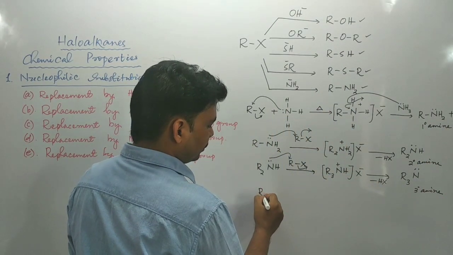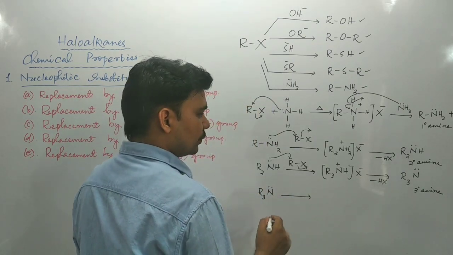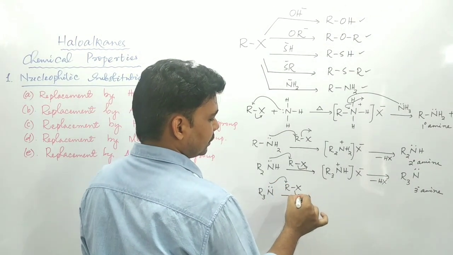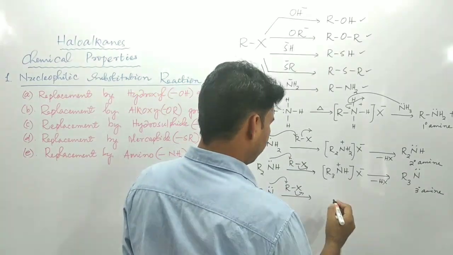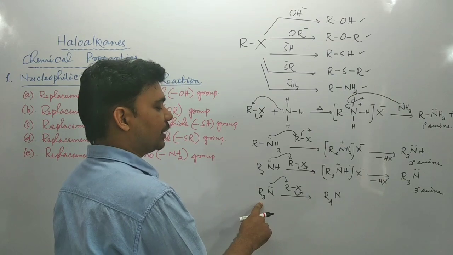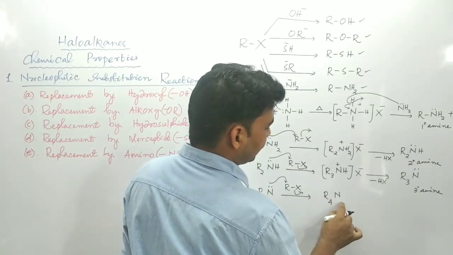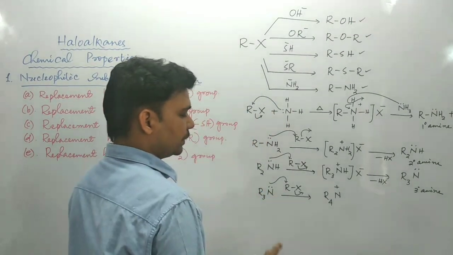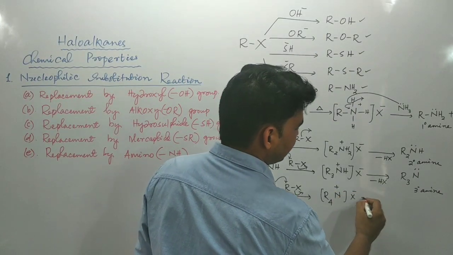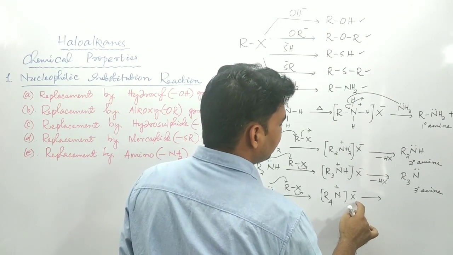This tertiary amine, next, can act as the next nucleophile, and it will approach the substrate through its nitrogen atom, so that this halide ion will be removed out. We will get R4N, 3R already present, and this is your new R. So R4N, a positive charge will appear over this nitrogen, and with this cation the anion is to be present, that is X minus. So this is your quaternary ammonium salt.